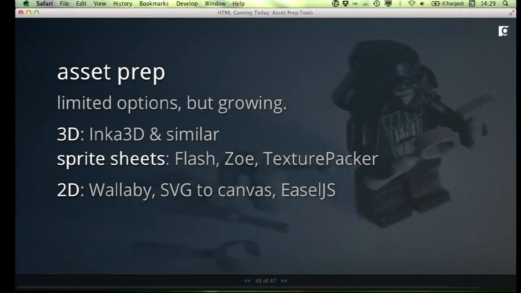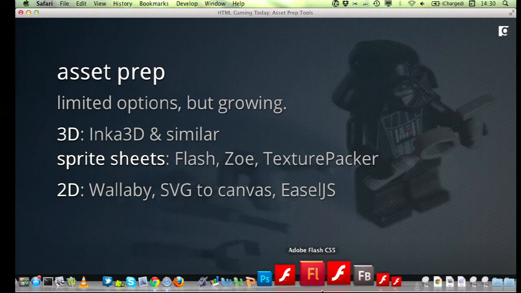We also have tools like Wallaby, which is a tool from Adobe that exports Flash content out onto the DOM, so CSS and HTML, and SVG. We have a tool online from a guy called, I think, Cloud Professor, that will convert SVG into canvas calls. And so we can do our work inside of Illustrator, export it into SVG, put it through the tool, and wind up with a bunch of canvas calls. And I've been working on a new tool called the Easel.js export tool, which I want to show you briefly.